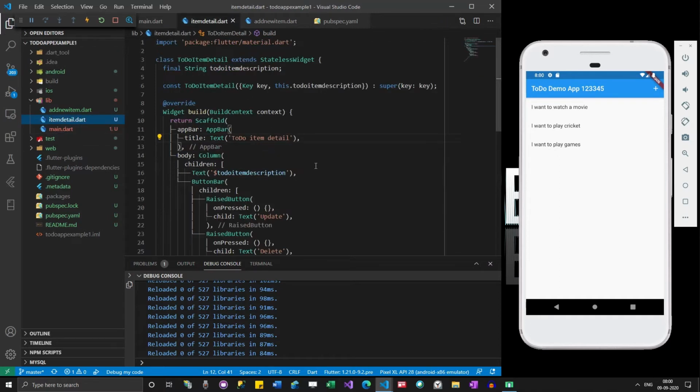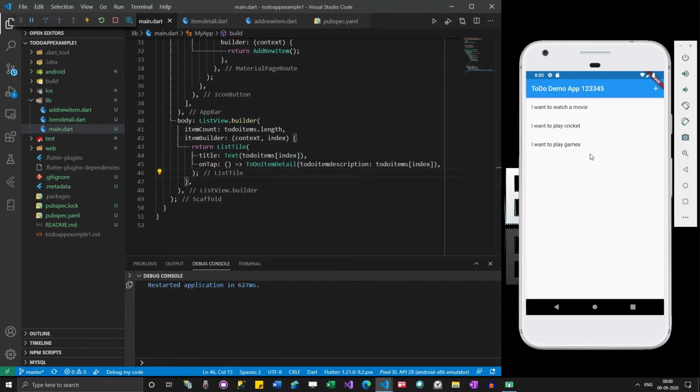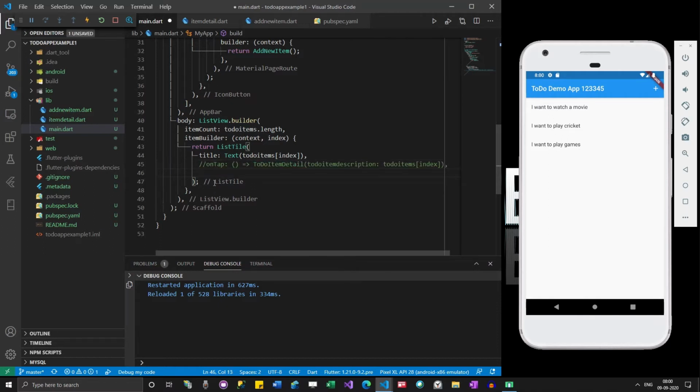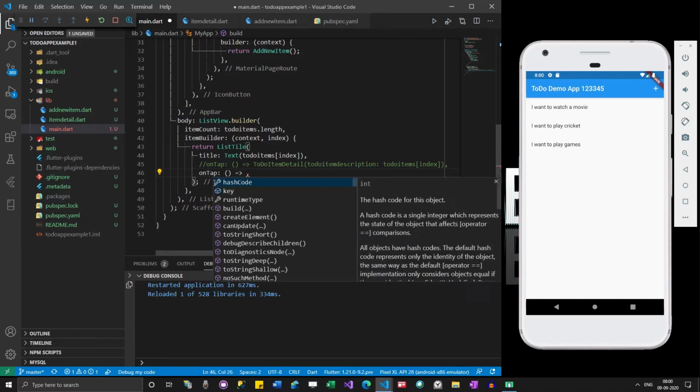Okay, let me go here. So now whenever I click on this item, it should go to new page, but it's not going. Let me check why it's not going. Yeah, possibly a reload will do the trick. Okay, I got it. We haven't actually put the navigator here. So let me comment this on tap, navigator